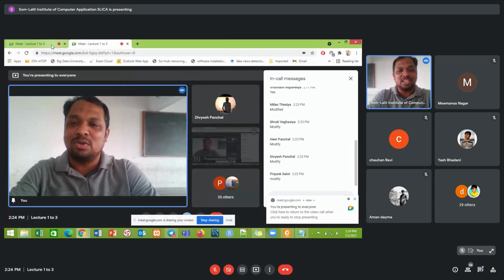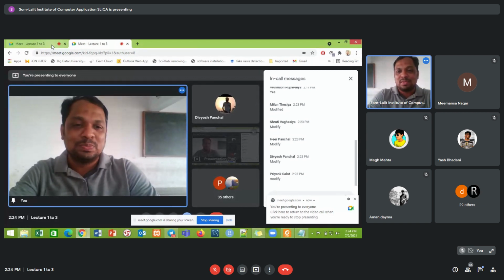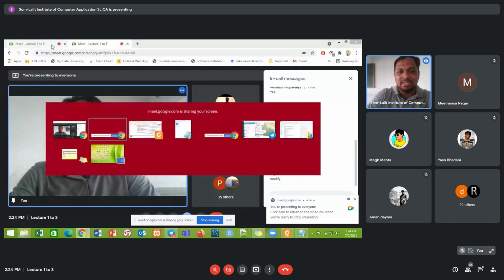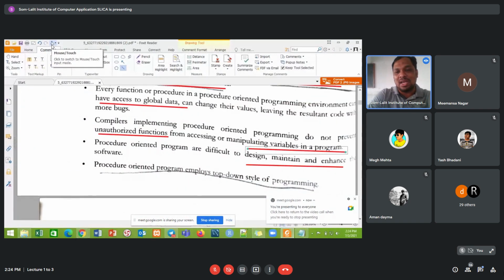Developing from scratch means a certain amount of code will be repeated. Yes or no? And repeated code provides redundancy. Getting an idea? Yes. So try to understand. Enhancing the code means adding new features to it. So that is more difficult in procedure-oriented programming.